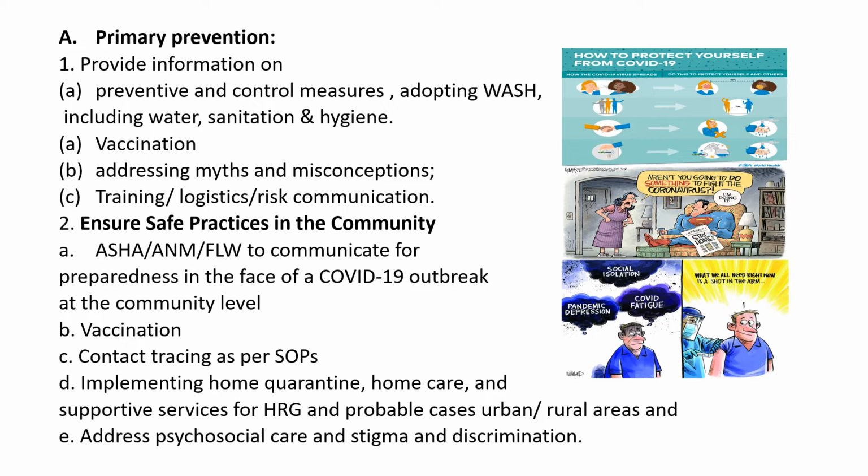Vaccination, contact tracing as per the SOPs, that is the standard operative procedures. Implementing home quarantine, home care and supportive services for the high-risk groups and probable cases of urban and rural areas, and address the psychosocial care and stigma and discrimination. Because as we have noticed quite obviously, particularly in the first phase of the COVID-19 pandemic, the stigma was